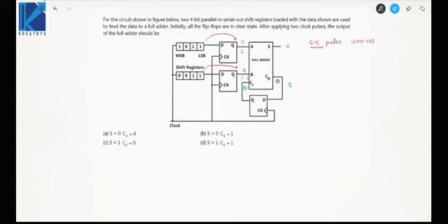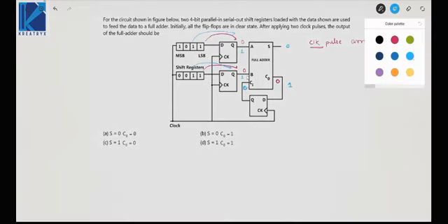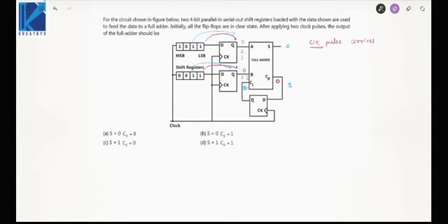Now when the next clock pulse arrives, the next data will go as the input due to the shift register. So the next data will be 1, the next data would be 1, and this value will be the carry over here, 1. Now when you are adding 1, 1, 1, sum will be 1 and carry will also be 1. So the answer would be D. The carry is being stored by the D flip-flop shown at the bottom, and initially all flip-flops are cleared. That means the output of the lowermost flip-flop is also 0.